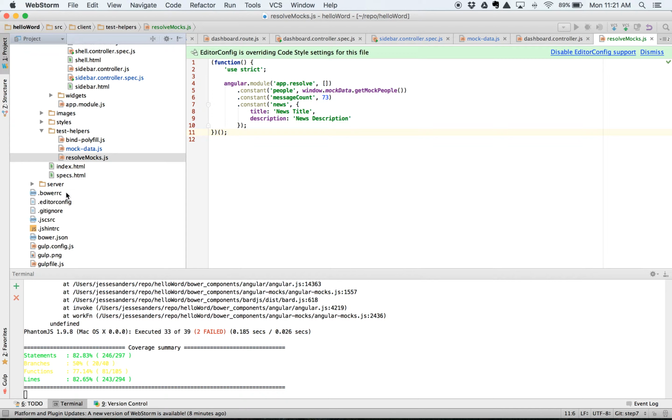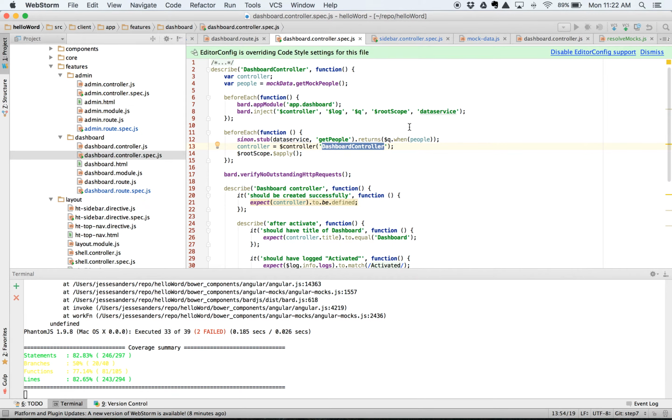And now all we need to do is wire these in so that they're pulling in correctly into the project. All right, so what does that look like? Let's see here. Now we're going to go back to our dashboard controller spec. So in here is where we need to start to make our change. So you notice here, Bard app module app.dashboard. What this does is this actually tells our tests what modules to pull in. So in this case right now, the only thing that we're pulling in is app.dashboard. What we want to do though is bring in